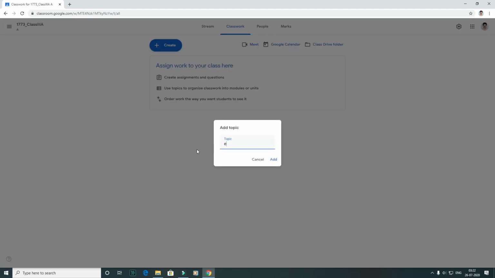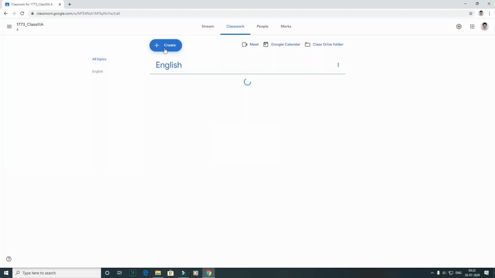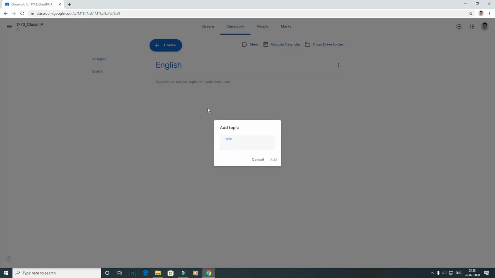You will get a pop-up like this. Type the subject for your class and click on add. The subject will get added as a topic for your class. Repeat the steps for all subjects of your class.